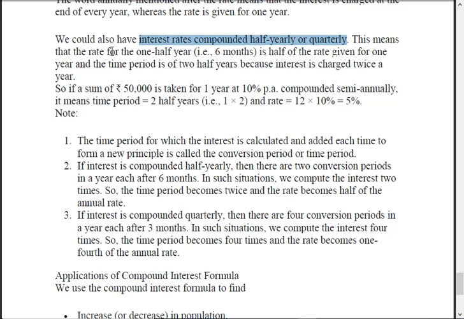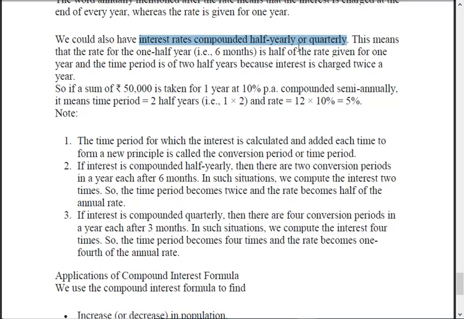This means the rate will be for half year, 6 months, and half of the rate for 1 year, and the time will be 2 halves. Right? 6 months means what? Here it's very simple. What you do is the same compound interest formula, divide the r by half if it's half yearly, and multiply the n by 2. The number by which you divide r, same number you will be multiplying the n.